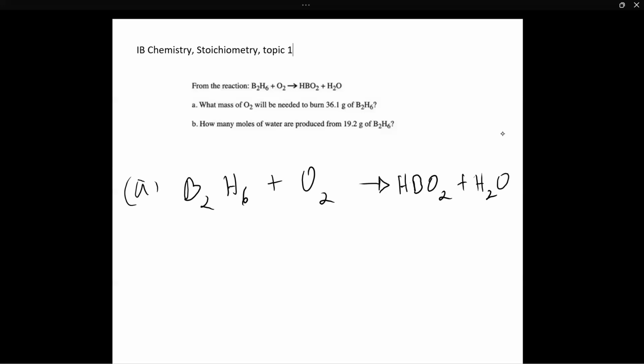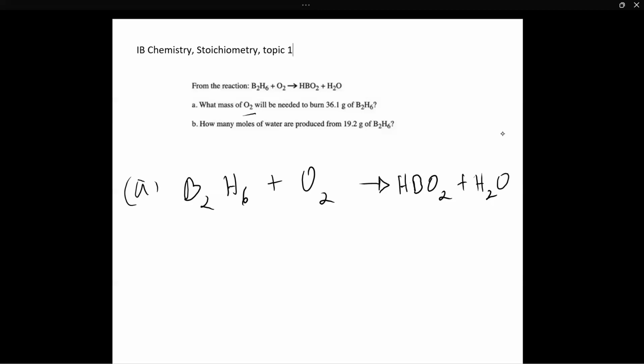So we have to convert it first to moles if we want to find out the mass of O2, right? We need to first find out the moles of B2H6, and then we can find out the moles of O2 needed to burn that many moles of B2H6, and then we can easily convert moles into mass, and then we get our answer. But before we move on to that step, the very first step we need to do is